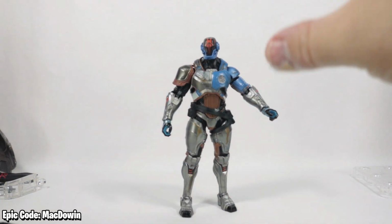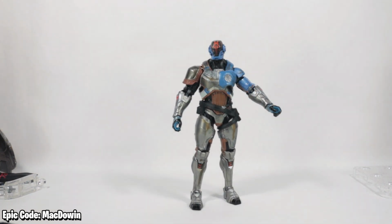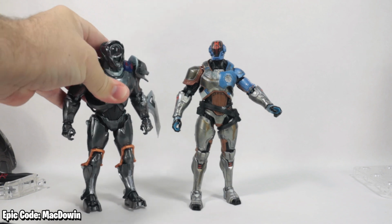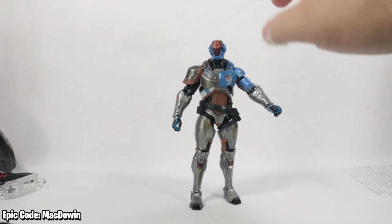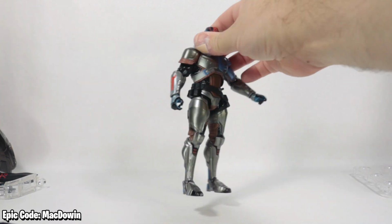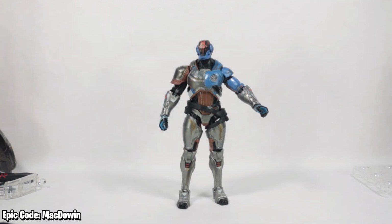So overall, all in all, I actually think this figure is much better with the articulation and the styling than the Scientist. The Scientist is big and bulky and doesn't quite move around in the same way. So I would already say that this is a much better figure than the Scientist just because of that. So I think any of you curious about the difference between the Scientist and the Foundation, I think that answers